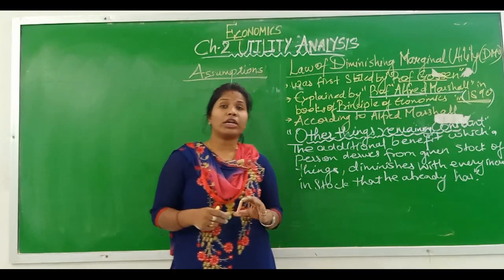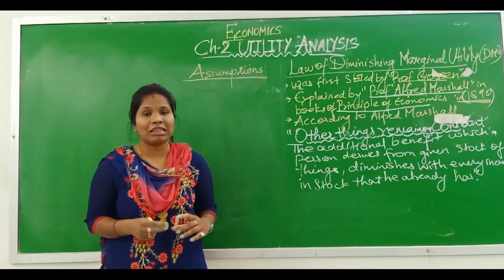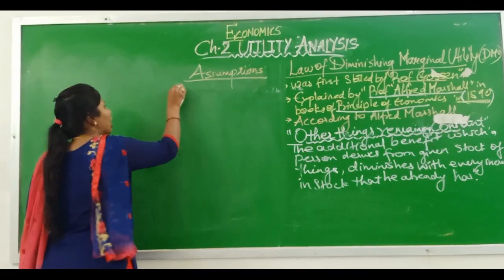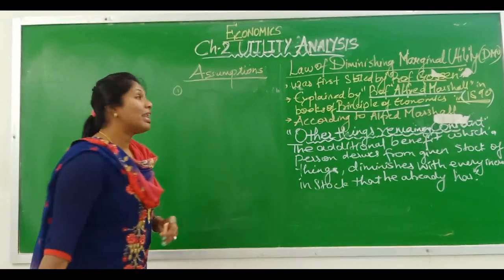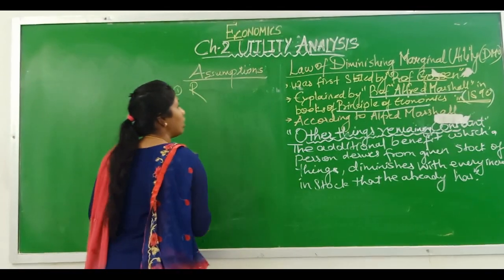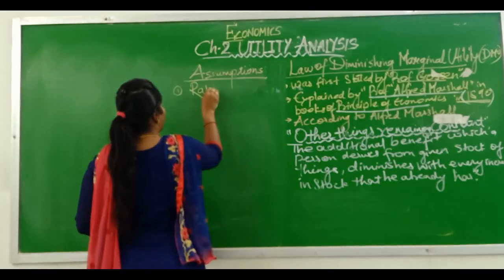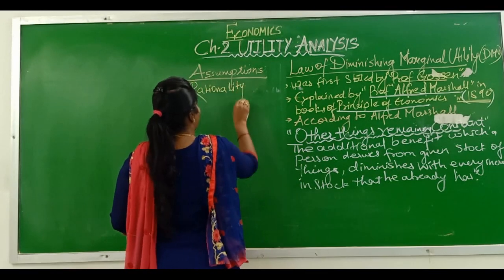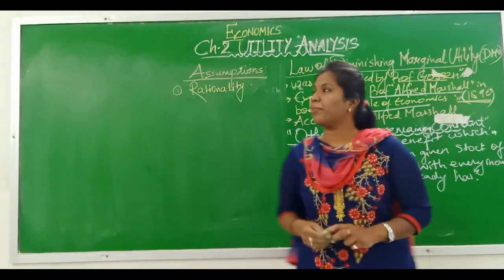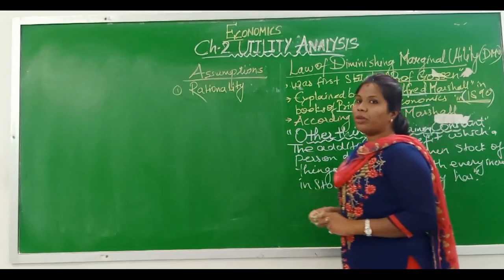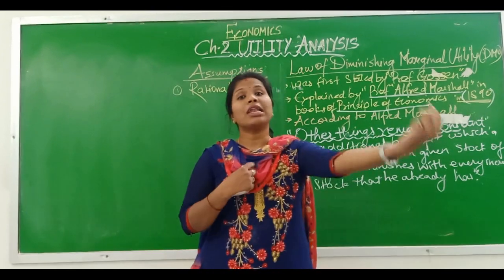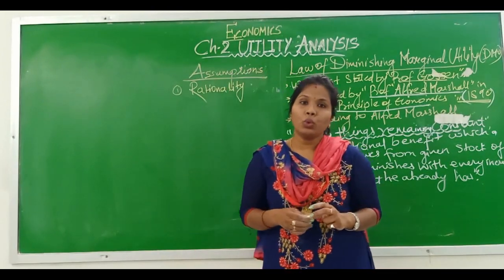So let us see what are all those things that are remaining constant. The very first is rationality. Rationality means a consumer should be in a normal state of mind to